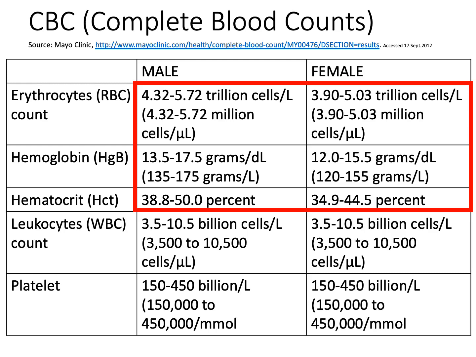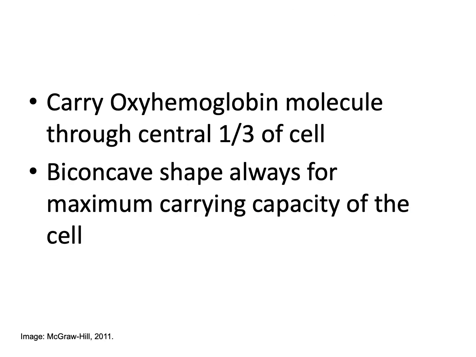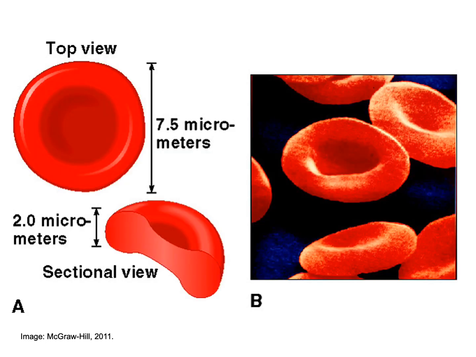So let's go ahead and move forward here and look at the erythrocyte and what the erythrocyte is going to be doing. So the erythrocyte is going to be carrying the oxyhemoglobin molecule within the central third of the cell. The cell itself is a biconcave cell. This biconcavity of the cell increases the total surface area on the erythrocyte. This increased total surface area on the erythrocyte increases the diffusion principles based off of Fick's law. That increases the rate of exchange of gases between the erythrocyte and the plasma,